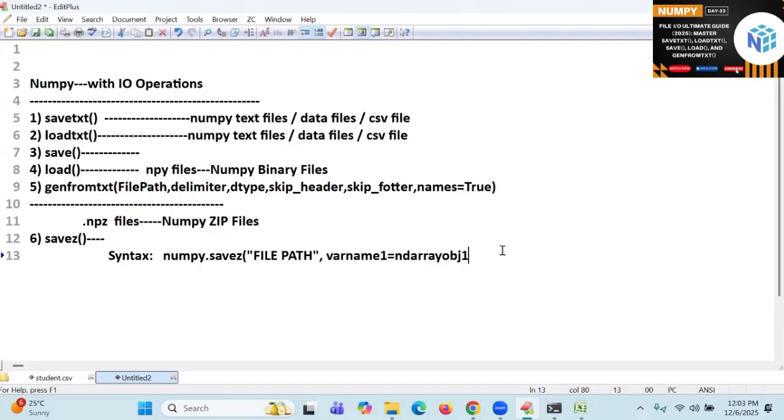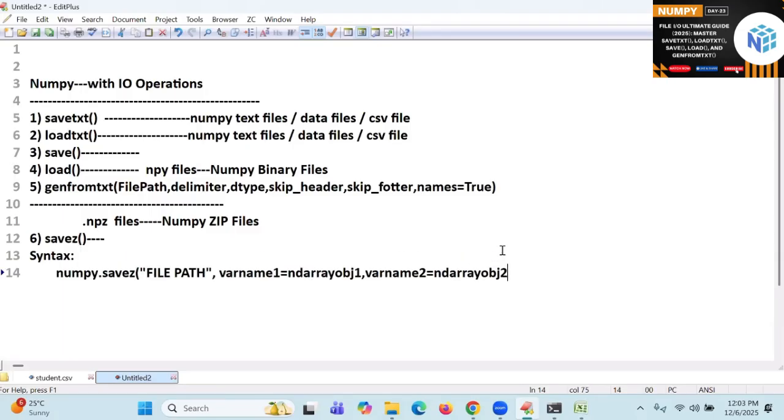Variable 2 is equal to ND array object 2. Next line I will write it like this, dot dot dot, comma, variable N is equal to ND array object N. Is it clear?